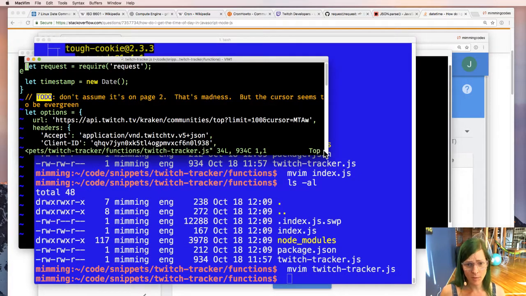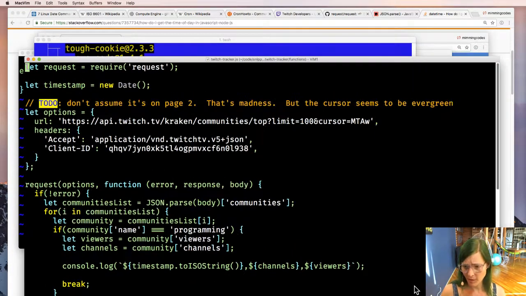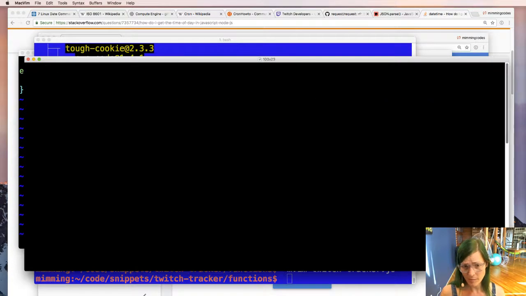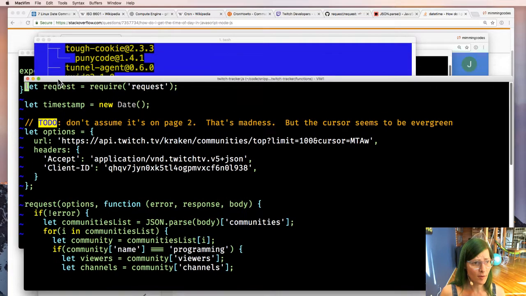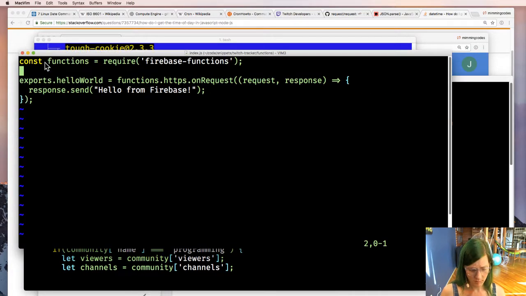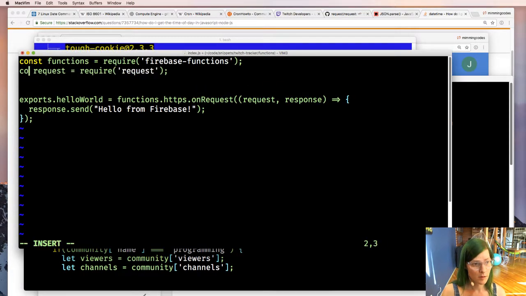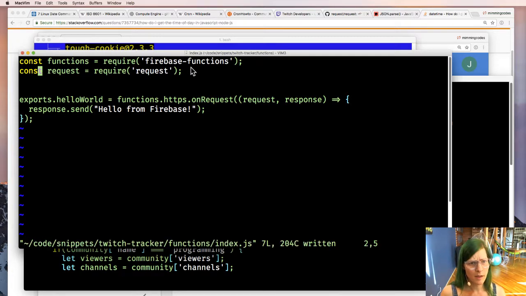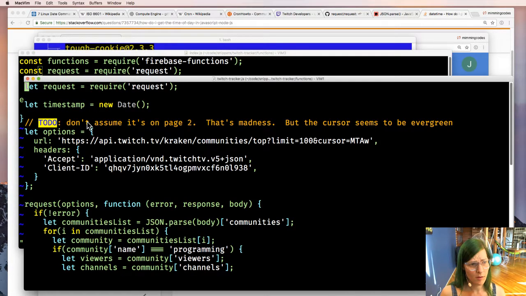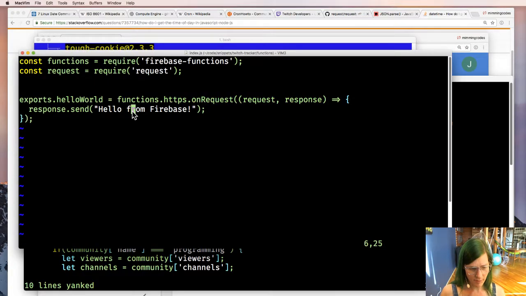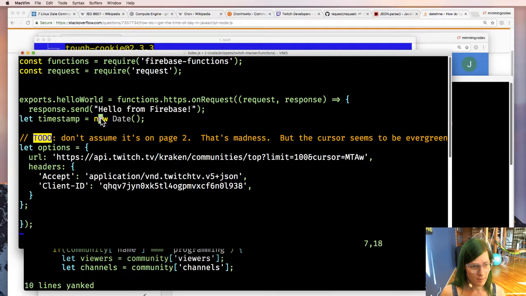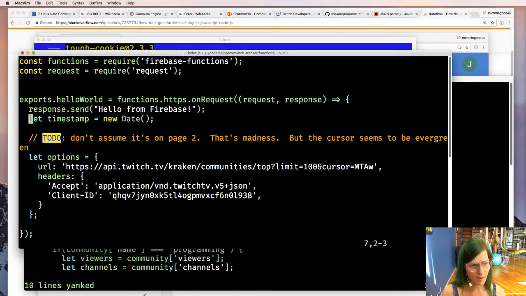Let's take the code from our Twitch tracker, make it bigger for easier seeing. Then let's merge them. And then got those. We're going to do this all inside this function. So is this smart enough to do? Oh, it's tabbed.